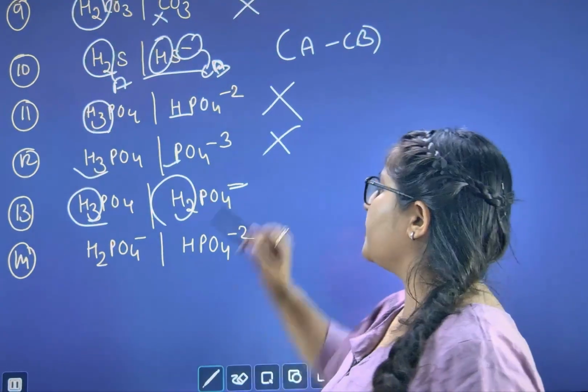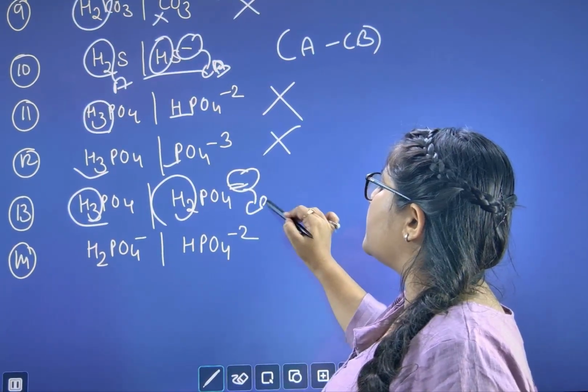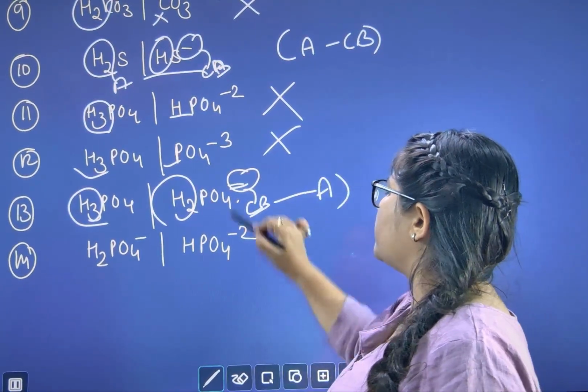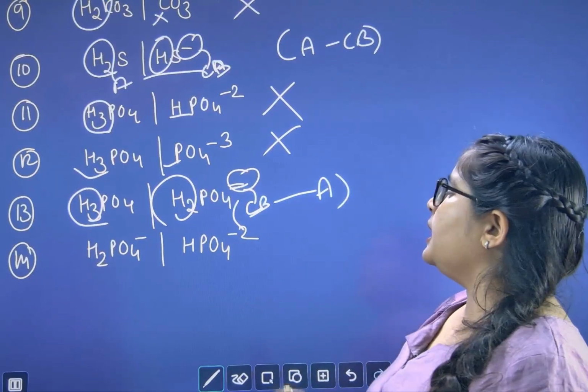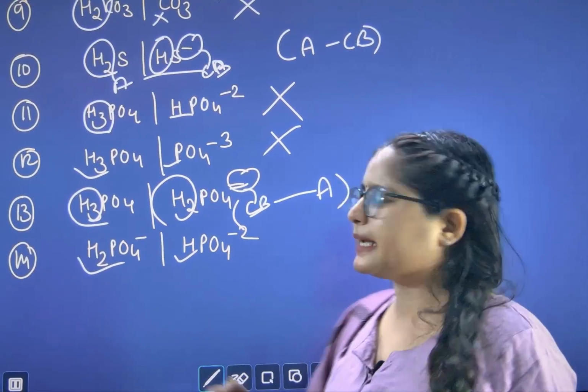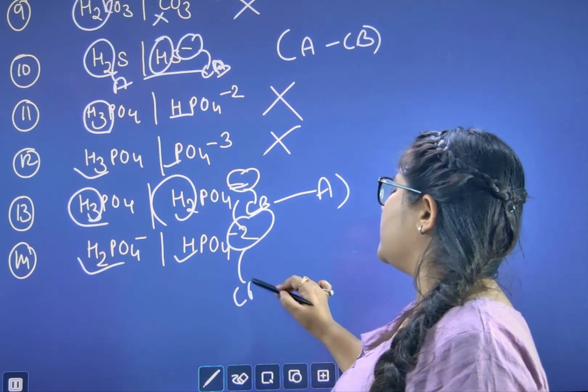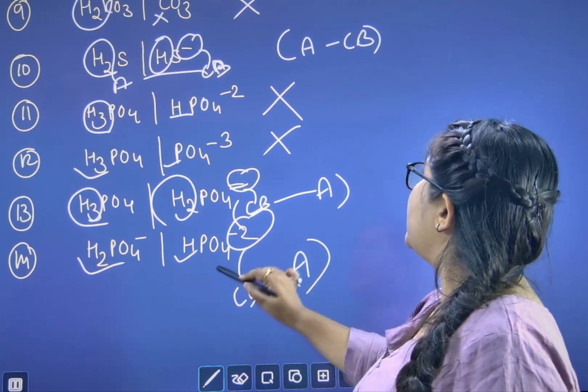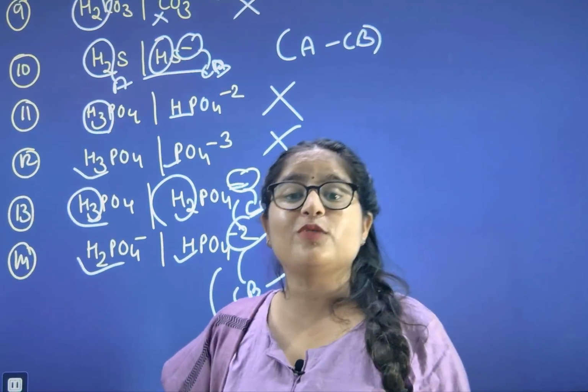Here 3 hydrogen, 2 hydrogen. Yeah, we can check it. So minus means conjugate base has come from acid. Conjugate base acid pair. Let us see here. 2 hydrogen, 1 hydrogen difference. Yeah, it can be. Minus means conjugate base always comes from the acid pair. So here we have learned